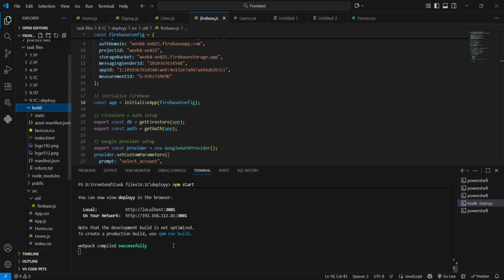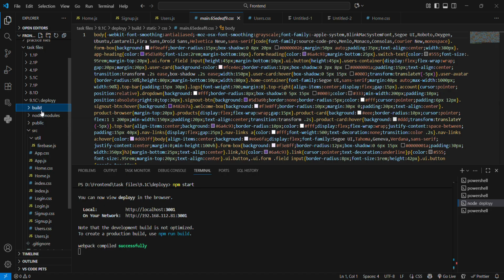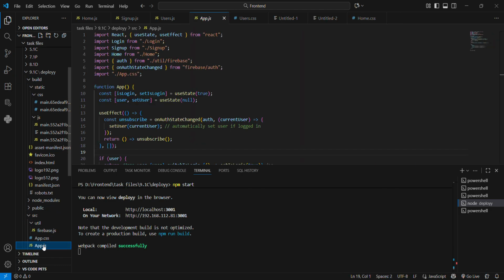So we have to run a command named npm run build, and after that it builds this folder, and this folder contains the html and css files, and the js files that are used. And we have to submit this file to the